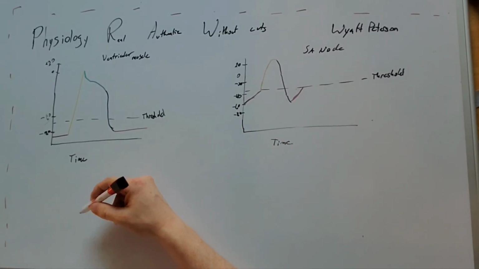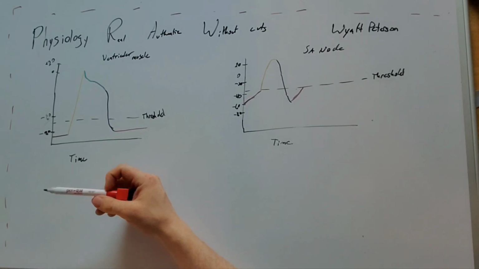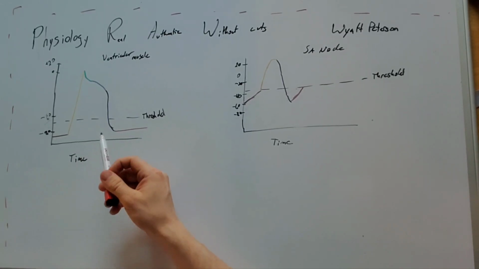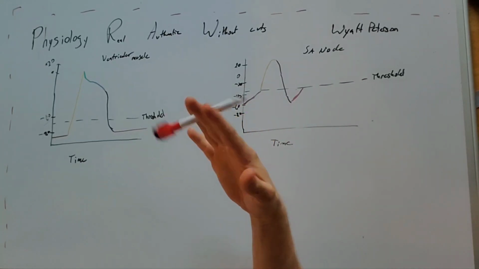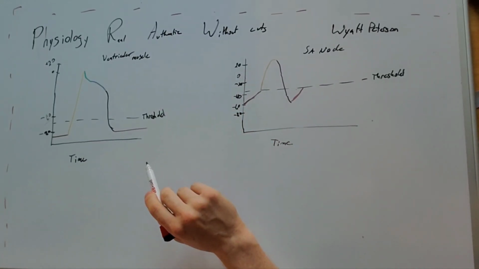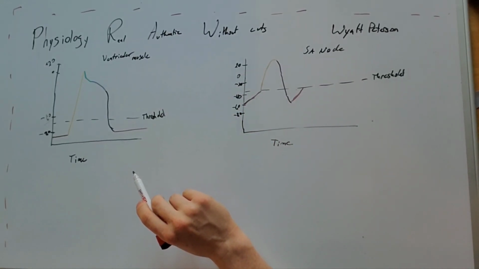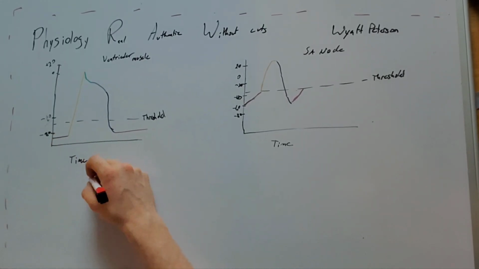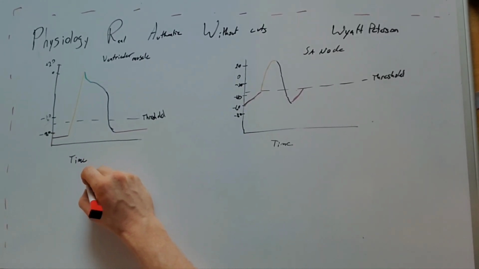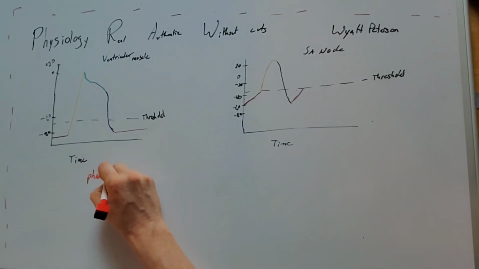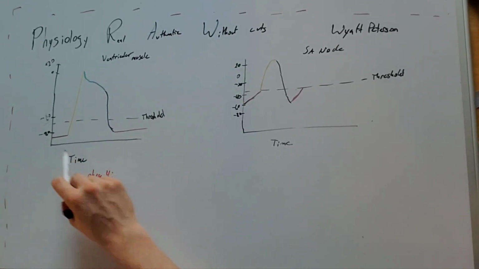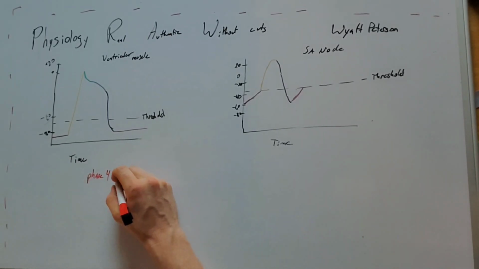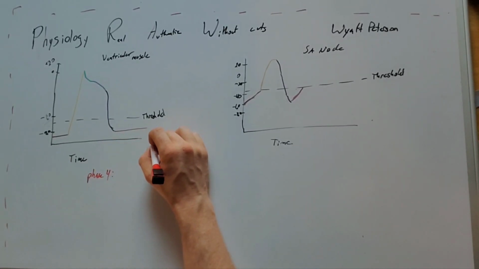The question is asking to describe the action potentials in the cardiac ventricular muscle and the SA node, and then describe each phase of the action potential. Describe the channels, ion currents, and membrane potential involved. So this red region is called phase 4. And that is characterized by sitting, well, in this case right here, it's sitting closer to negative 90